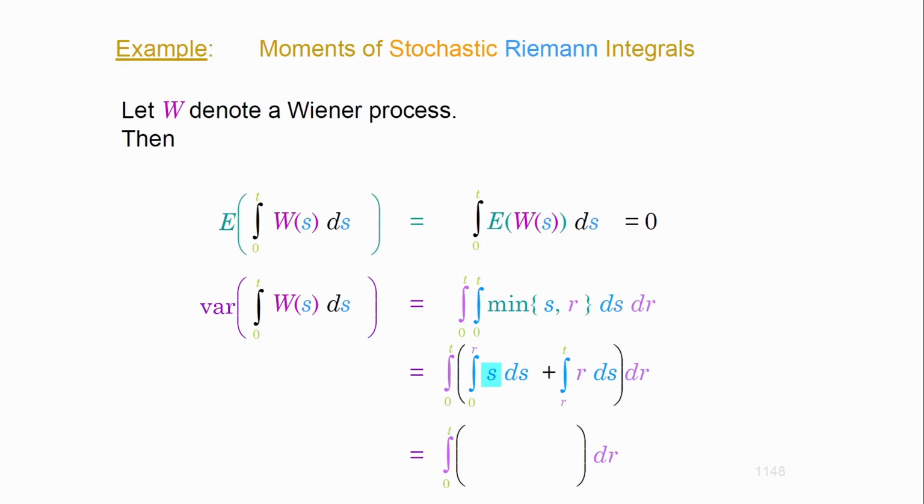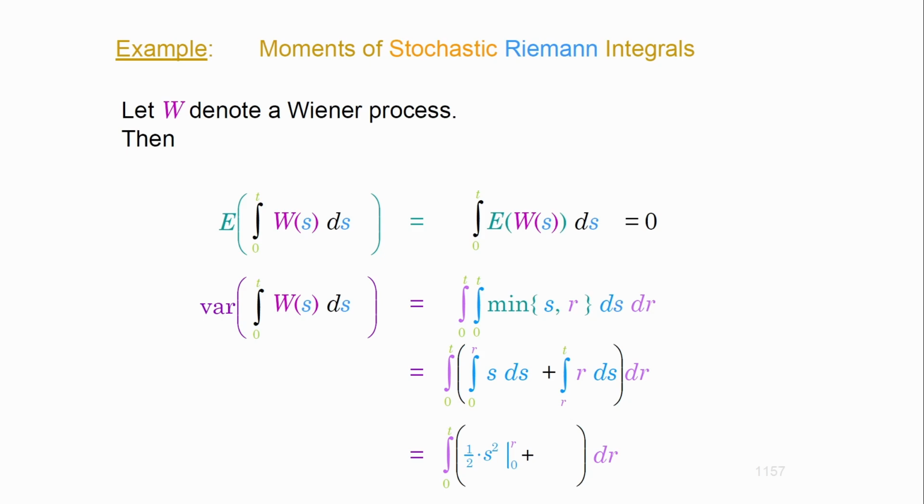What is the antiderivative of s with respect to s? Which function, when you differentiate it, would be equal to s? The answer is 1/2 times s squared, right? So that is the antiderivative of s. Plus c, but skip that because we don't need the constant anymore. We're going to look at that from 0 to r, right? Because 0 is the lower end point and r is the upper end point, at least in this integral. I'm going to take care of that later on. And then plus the other one.